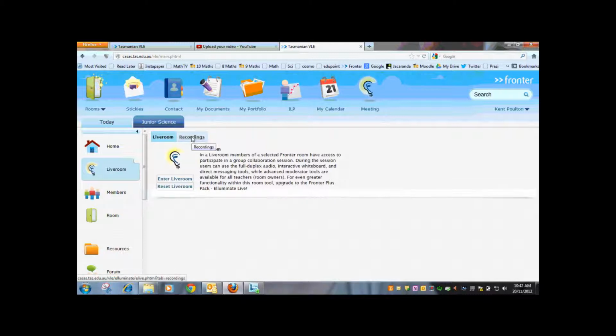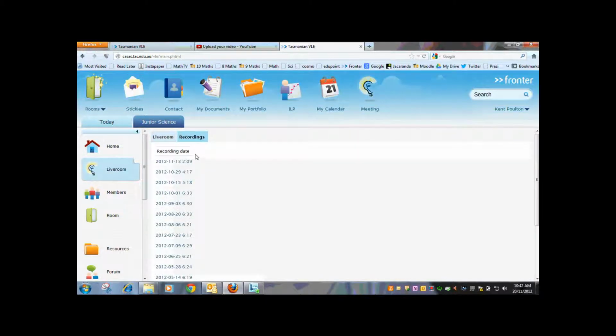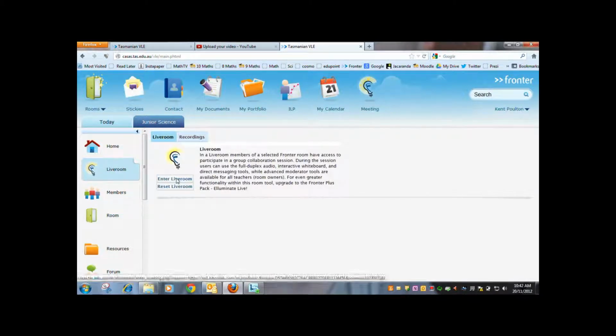That is a list of the recordings from this room that are available to you if you have missed the class or you would like to review what has happened in the past. Now, as you can see here, there is quite a list. So every lesson that has been recorded, and they're recorded with a date stamp. So this one was recorded on the 15th of the 10th, 2012. So that's how they're arranged. But if you go back to live room, enter live room,